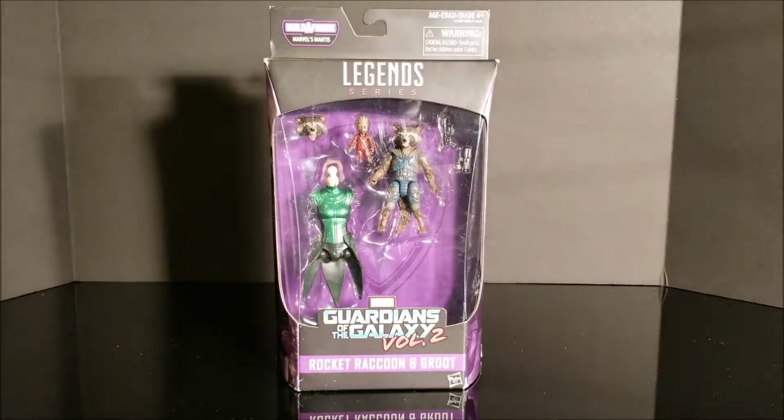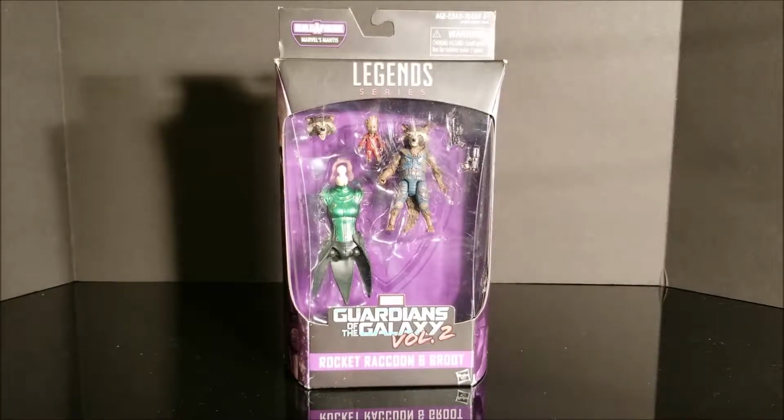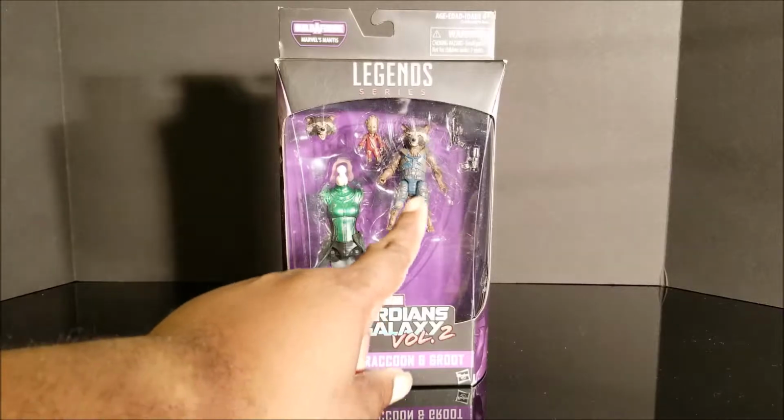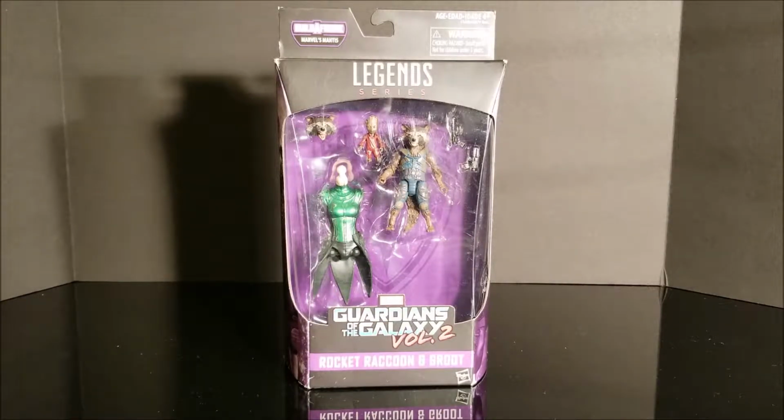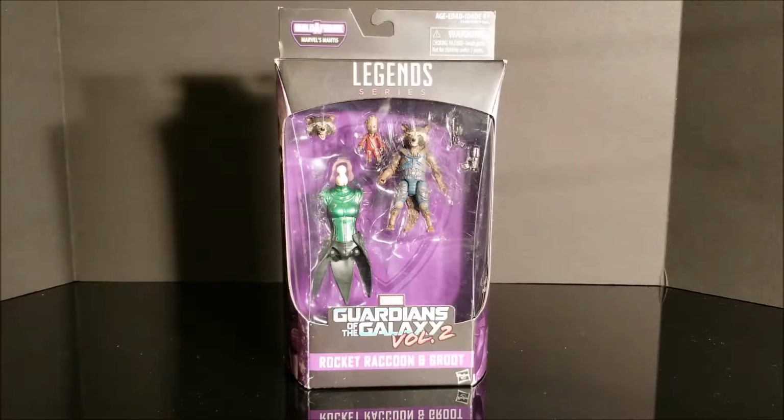First of all, I just want to point this out. It's kind of messed up that the retail price for this figure was like $20. I don't know how much you can buy them for now. I don't think I paid $20 for them. Actually, I think I paid like $23 for them. But anyway, it kind of sucks when they give you this little tiny baby figure, so you feel like you're getting kind of gypped. I know Rocket's a cool figure and all, but they could at least slash the price down to